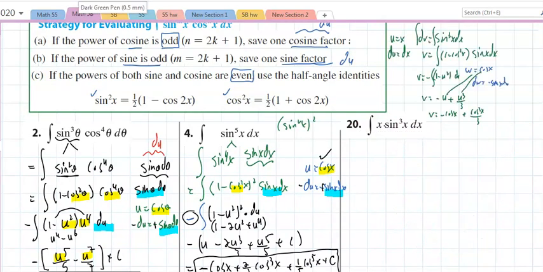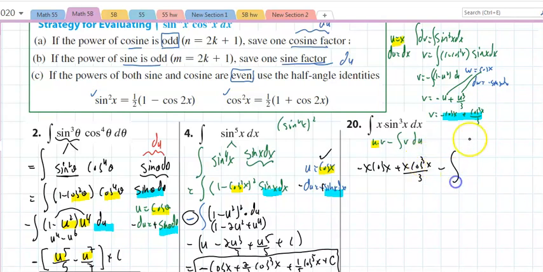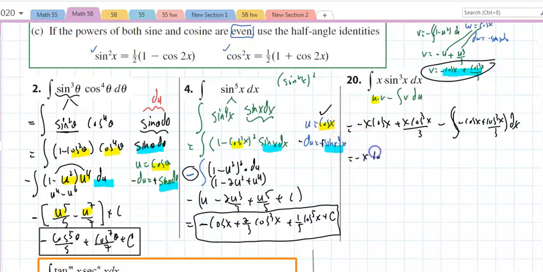Shrink. Okay, and I'm going to say this is going to be u times v minus the integral of v du. Well, u is right there, and v is right there. So u times v, that's going to be negative x cosine of x plus x cosine cubed of x over 3, minus the integral of v du. That will be negative cosine of x plus cosine cubed of x over 3 dx. And that is going to equal negative x cosine of x plus x cosine cubed of x over 3 minus,